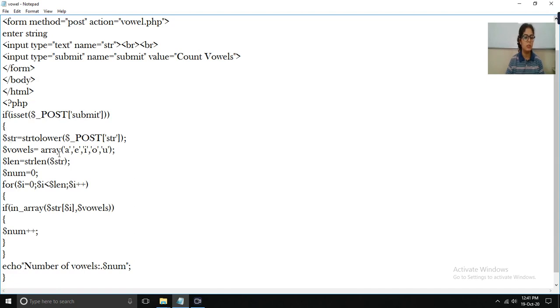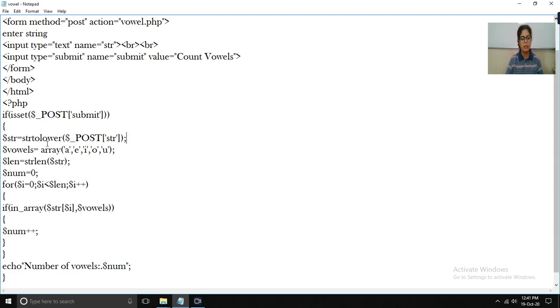Now this is the start of the program, what we actually have to do inside the program. The very first line, it is very important to understand these things, students, so listen carefully: strtolower. strtolower is a function which converts the string into lowercase. Why are we using this function? There are chances that the user has entered the string using some lowercase and uppercase characters.